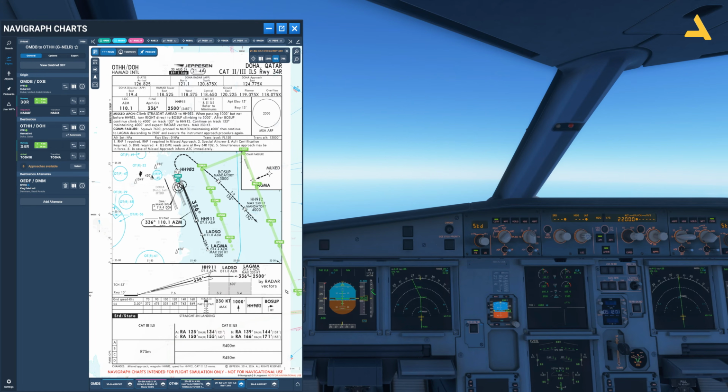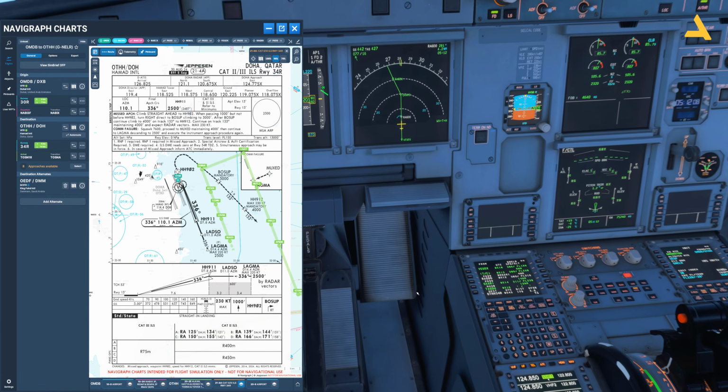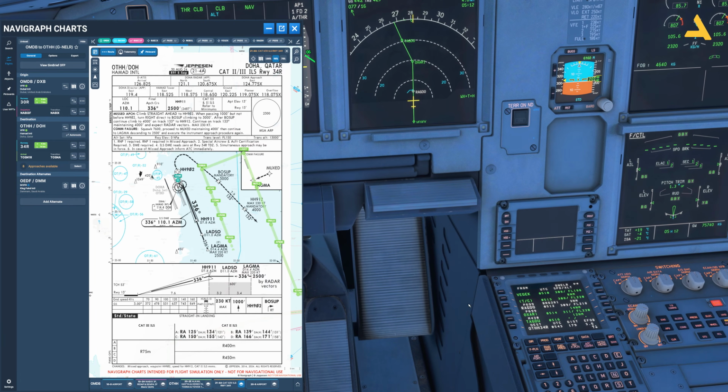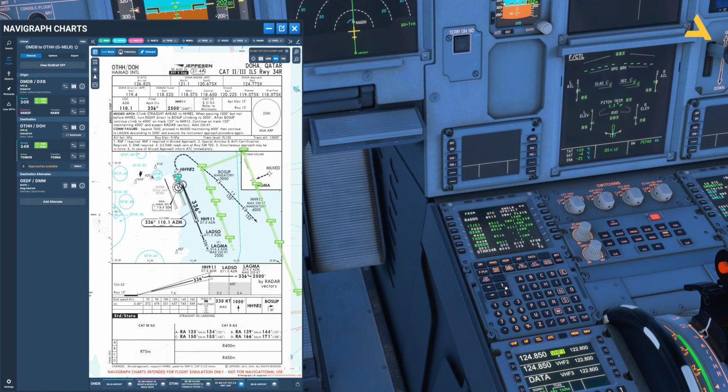Now over here you will see this thing coming up, by radar vectors. So you actually fly this approach using the vectors given to you by ATC, or the direction or the heading. So right now you can see I have actually deleted that